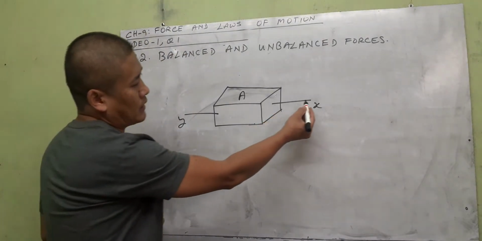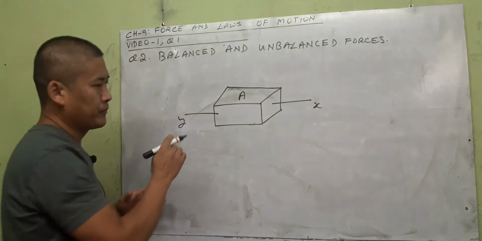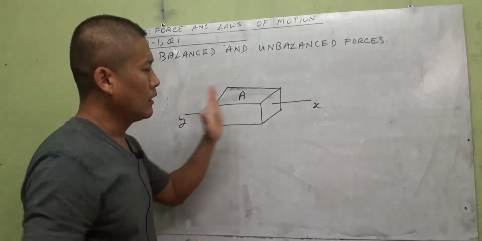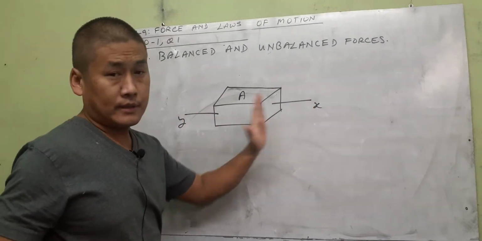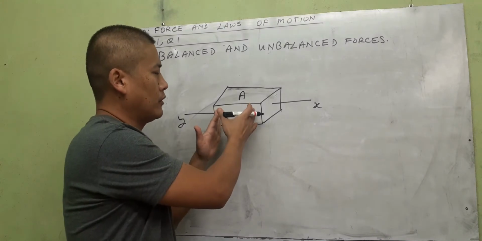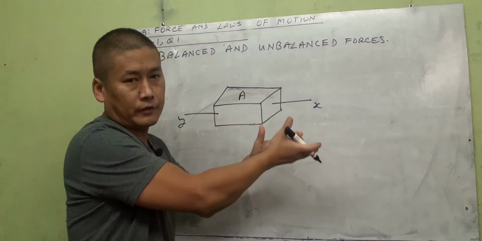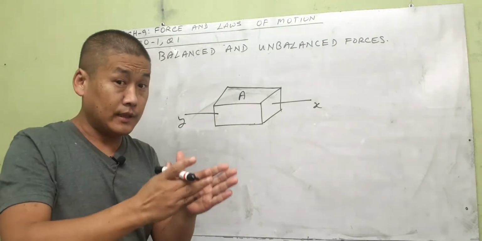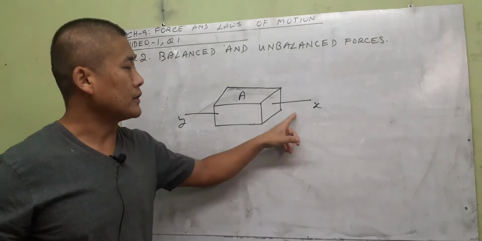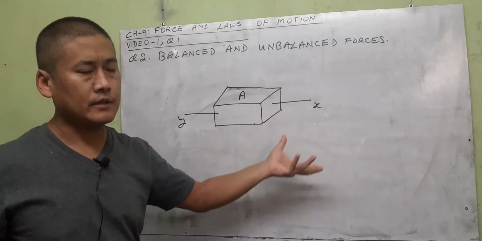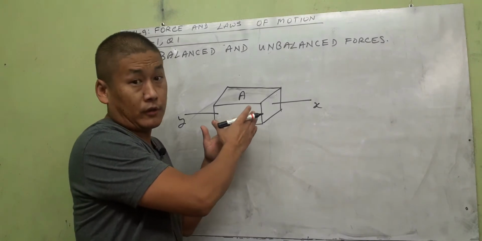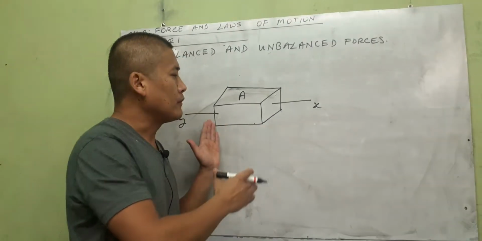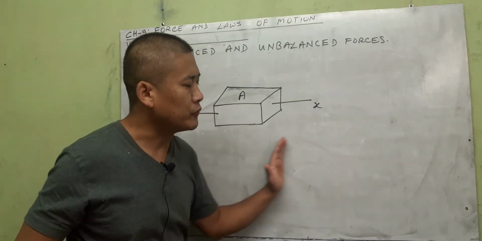But suppose you ask two boys to pull, one here, both of them have equal force, let us say. So they pull with equal force, but since both of them are pulling with the same amount of force, the wooden block will neither move to the right nor to the left. It was stationary in the beginning, it will continue to remain in that state of rest. So those kinds of forces, two or more forces acting in various directions, but causing no change in the original state of the object. Like if the object was at rest, it remains at rest. If the object was already moving, it continued to move with the same speed.